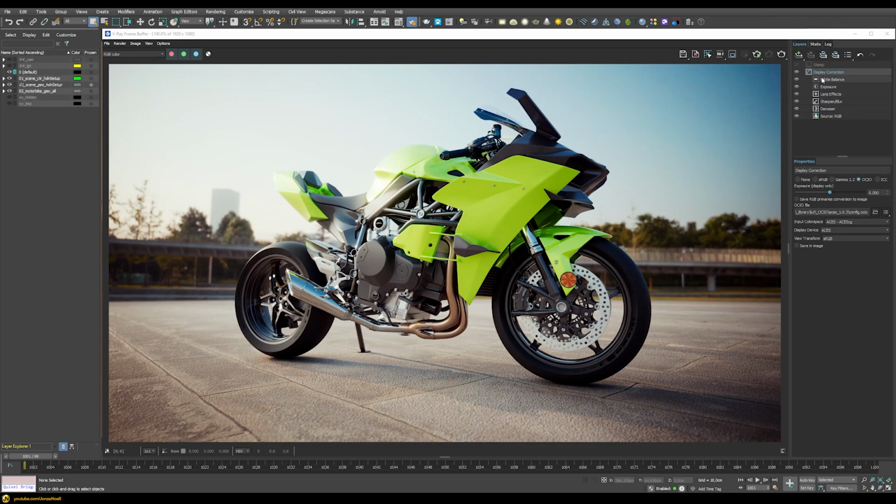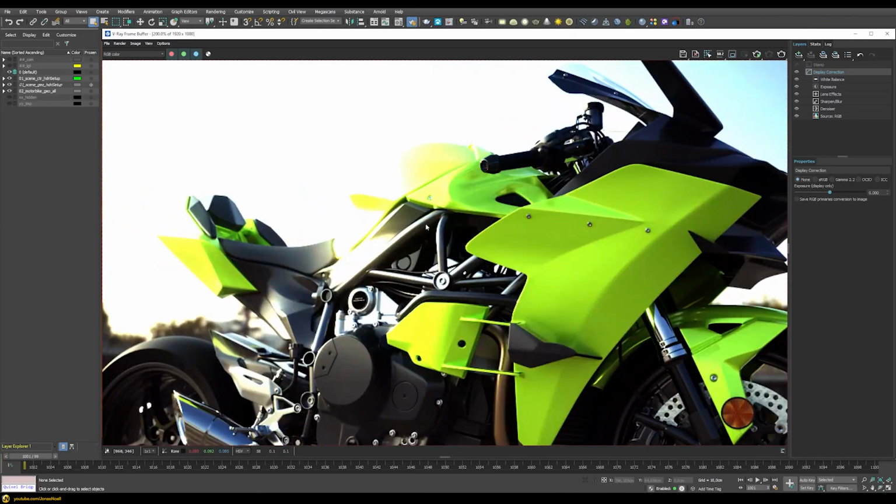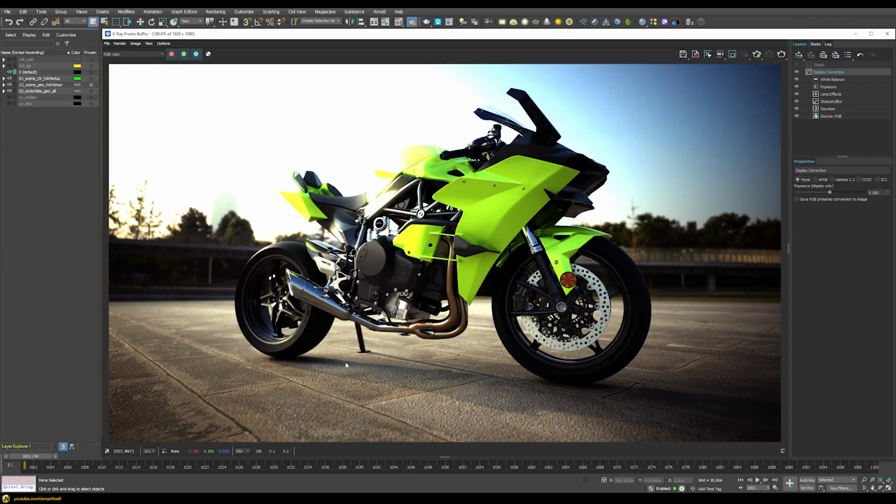But now let's go back to the display correction in here, and if I switch this to none, then this would be my fully linear image. And you can see I have an environment that has a very high dynamic range, so I have very high brightness values in here, which immediately are clipping. You can see everything turns to pure white immediately. I get these super saturated colors in here and also some kind of color banding,